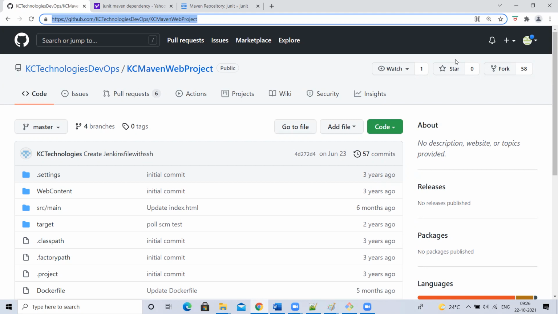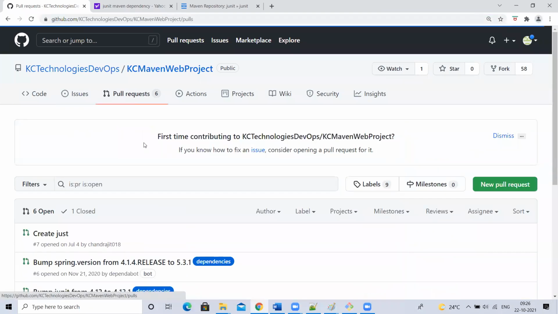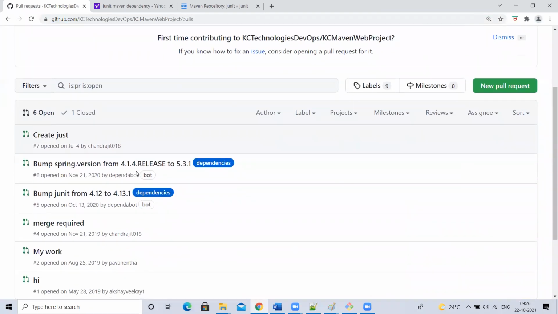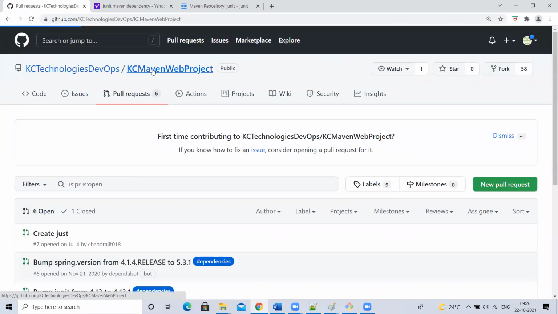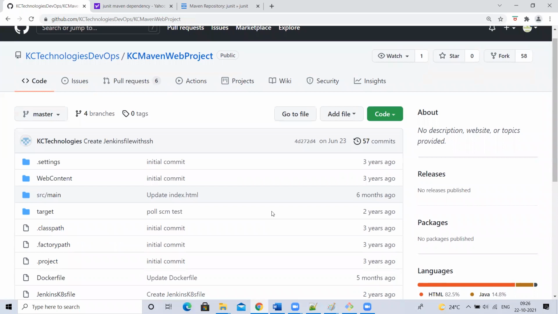You just have to open this link and click on fork. You have to log in into your GitHub account. In the next tab, you just hit this URL and click on fork. It will fork it into your GitHub account.